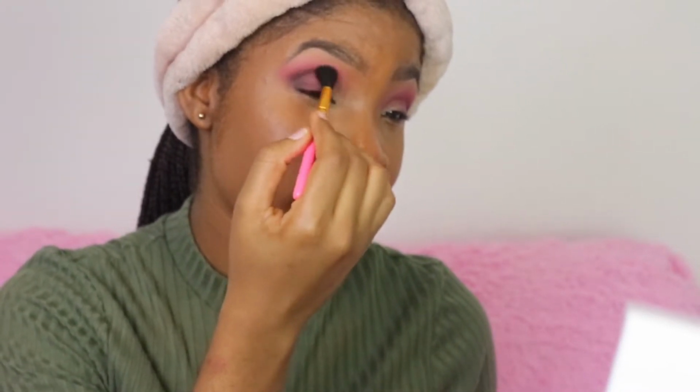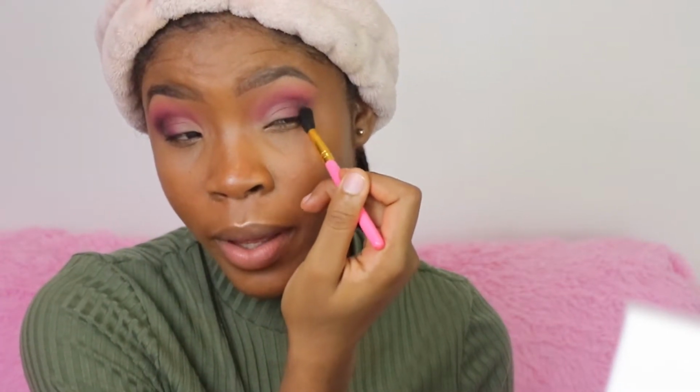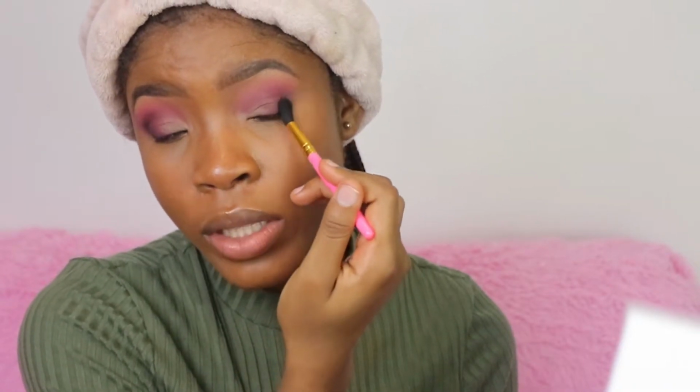Okay, and now, oh, y'all see this? I'm gonna go ahead now and try to blend out Dancehall just a little bit because I don't want it to be the center of attention. I just want her to show up, and I don't want her to take away that really nice mauve color. This is turning out to be very, very smoky, but I'm gonna add some more romantic mood over that. It's pigmented. It does have a good color payoff. And if you were to use like a brighter base, or one of those,